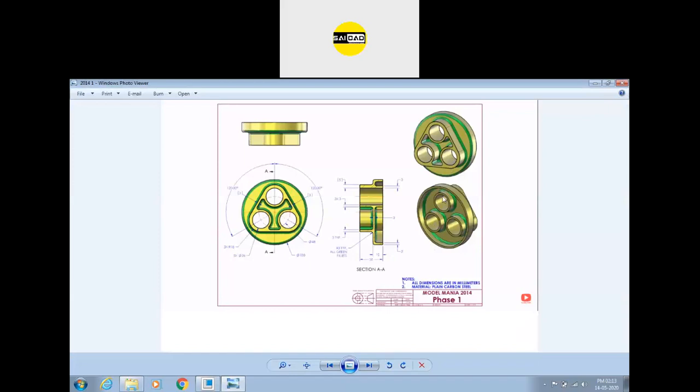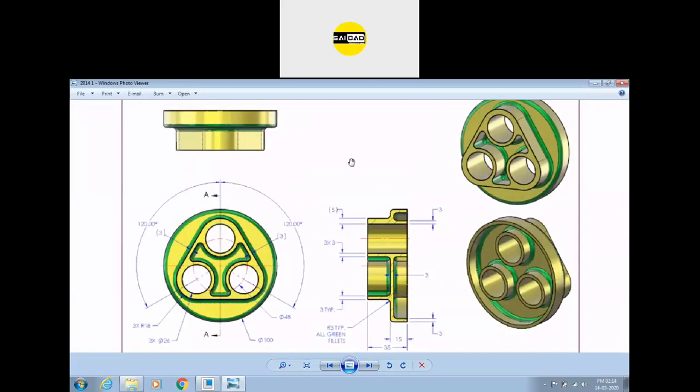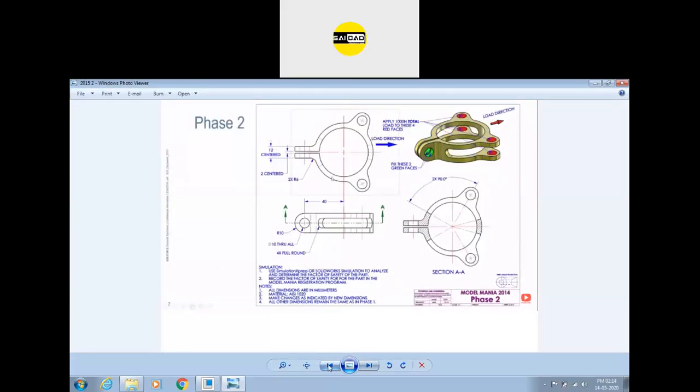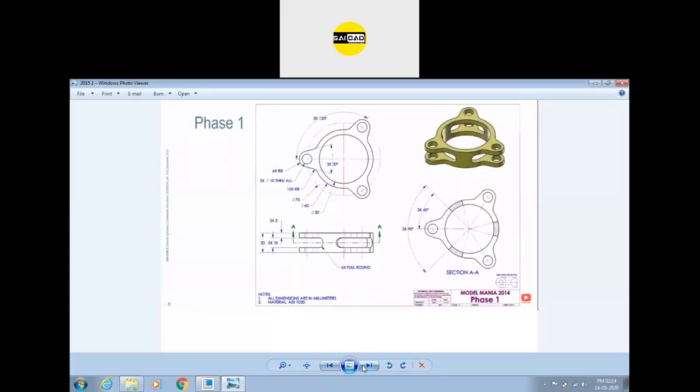This is a simple drawing. You can create it very easily. This is a simple extrude option, and there is another drawing. This one. Okay.